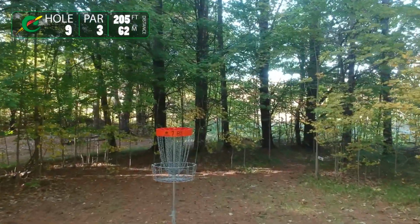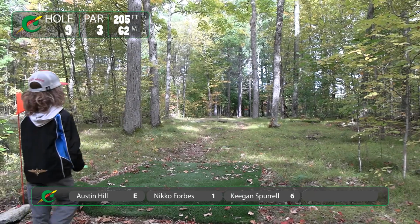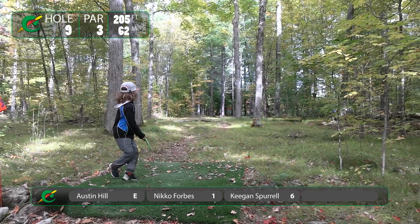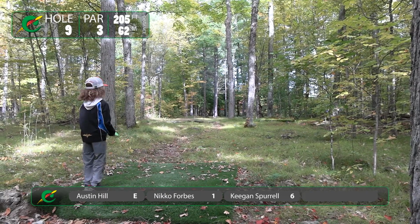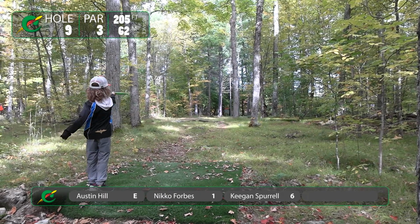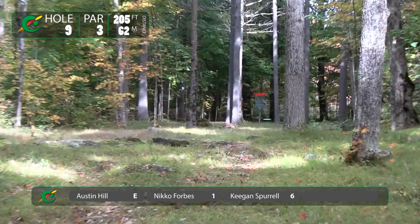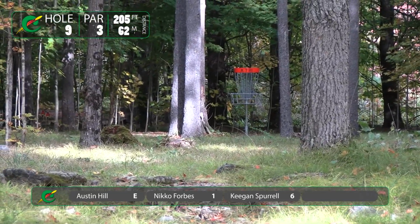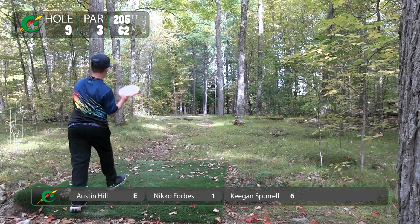Yep. You can either take the right for the backhand. You can try something risky to hammer it, but you're likely to hit a tree. You can also try the forehand here, which I'm attempting. Forehand seems to be your stock shot, and there are a lot of holes on this course that benefit the forehand. Good, level shot, no trouble. You'll be able to see the basket from there. Should have been a bit higher, but...